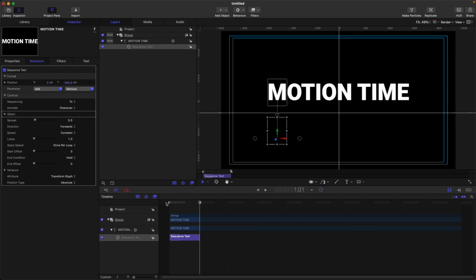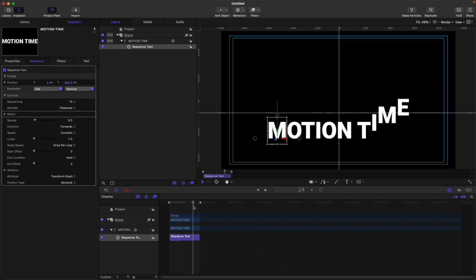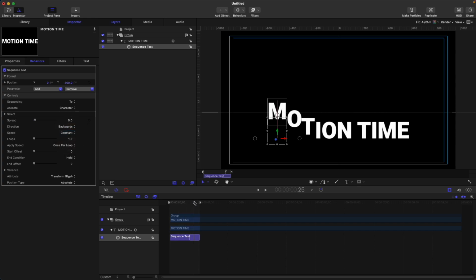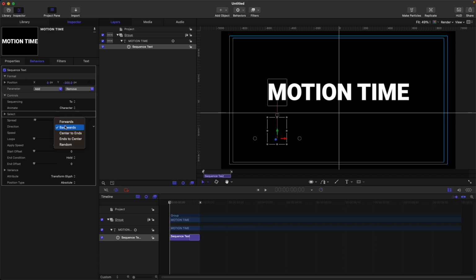So you can see the difference between adjusting the spread in the sequence text. So next is direction. Currently the direction is forwards, so it will go left to right. So forwards, then backwards from right to left, center to ends, and ends to center,